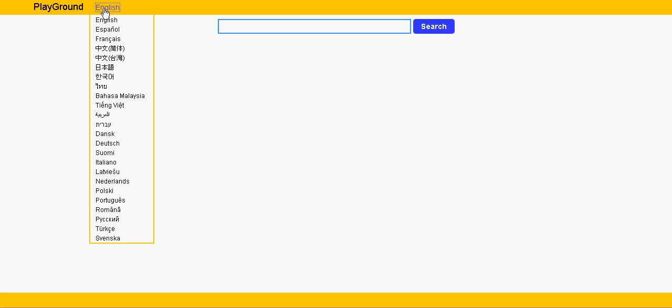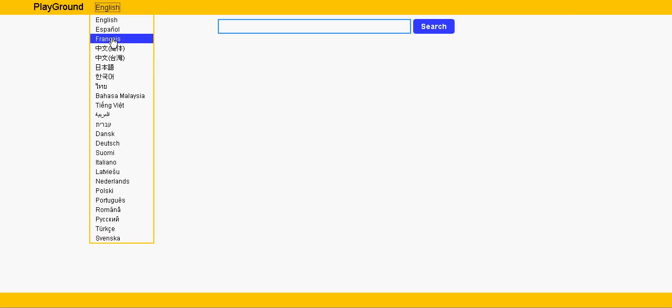You may see a list of common languages around the world when I click at this link. Currently, it is set to English by default. Clicking at different languages will change the language of the page dynamically. For example, notice the word search in the submit button over here,